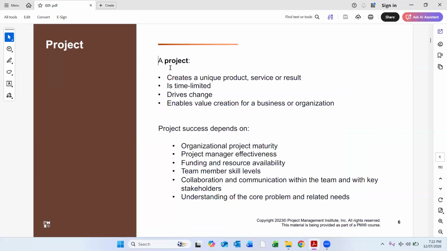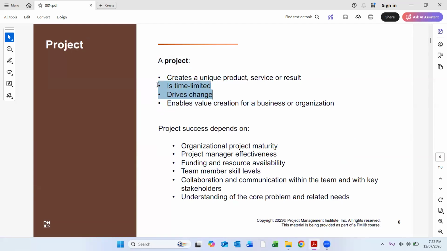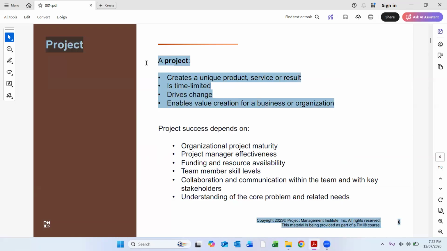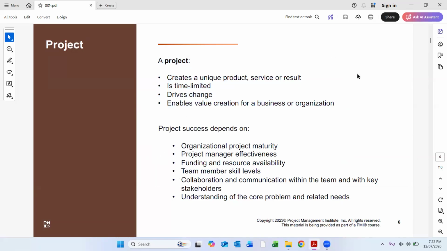So you can see here what is mentioned. A project is a unique project to create a product, service, or result. It's time related, so it has a specific start date and finish date. It can also drive changes, and it enables value creation for business or organization. In the previous PMBOK guide, a project was a temporary endeavor that has a specific start date and a finish date.